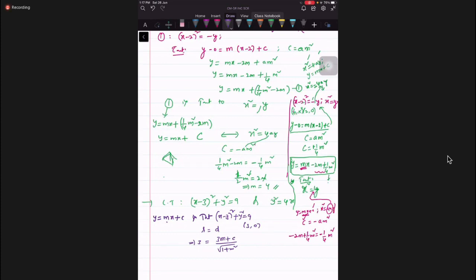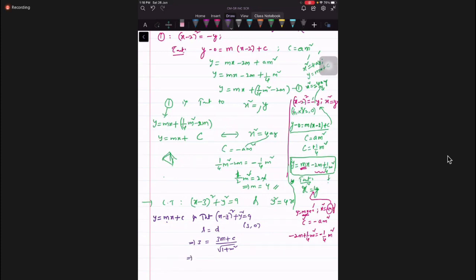This you can also do by the previous formula only, but I'm just solving it by method so that there is no need to learn anything by heart. Got it, students? If y equal to mx plus c is a tangent to the circle, the radius is equal to the distance, whatever it is. I am not comparing again. Please don't get confused with the formulas here, students. Right? This is condition number 1.